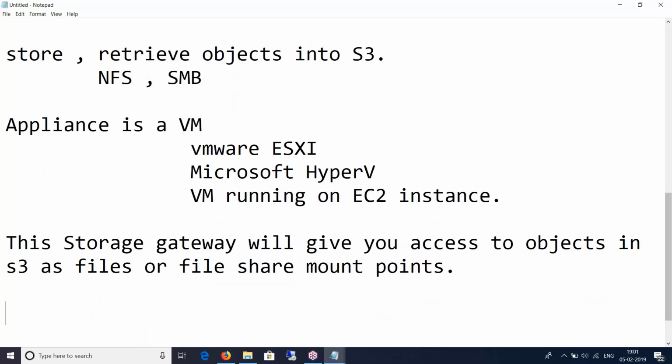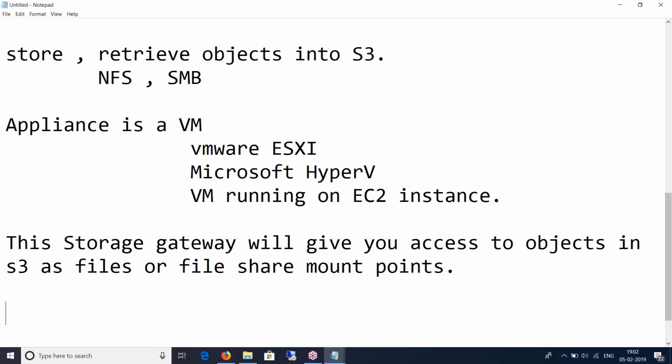So basically what happens here is that we deploy a storage gateway on premise, and that storage gateway will get access to a file share. Now, whatever we create in that file share, or if these servers on premise write some data to that file share, it will just convert those files into data in the S3 bucket. So the main component here is the file gateway itself. And now you can have the storage gateway be up and running as a virtual machine on a physical server on premise, or it can be deployed on an EC2 instance.